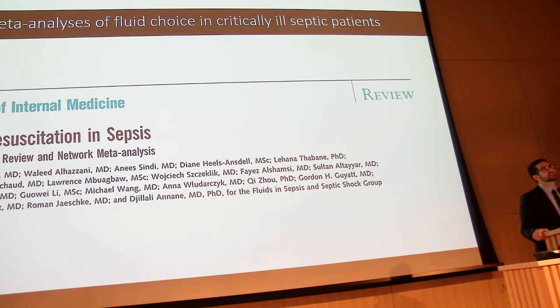So they did a systematic review, and they actually looked at every type of fluid. So this is a very heterogeneous mixture of studies. They looked at colloids, they looked at normal saline, they looked at balanced crystalloids, they looked at starches, and they compared all of them to each other. And knowing that this is a very heterogeneous mix, it would be very hard to draw any conclusions based off of this. But their 14 studies, about 19,000 patients, looking at normal saline versus lactated ringers,